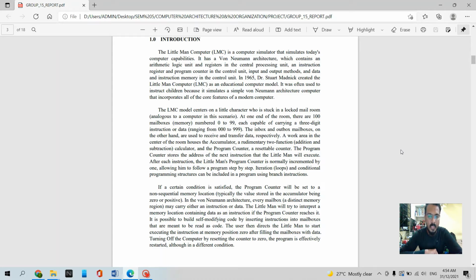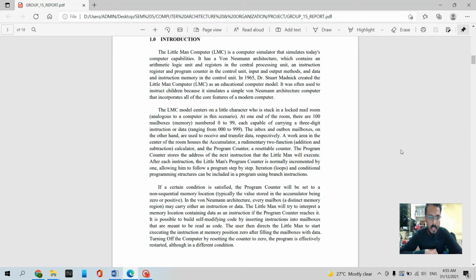respectively. A work area in the center of the room houses the accumulator, a rudimentary two-function, addition and subtraction calculator, and the program counter, a resettable counter. The program counter stores the address of the next instruction that the little man will execute. After each instruction, the little man's program counter is normally incremented by 1, allowing him to follow a program